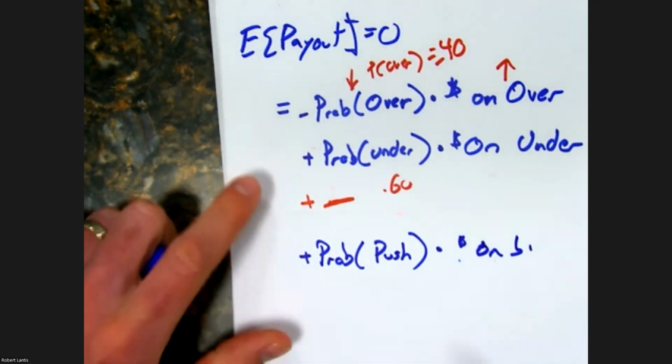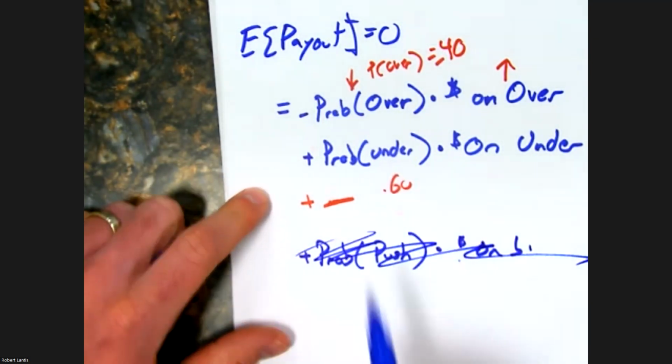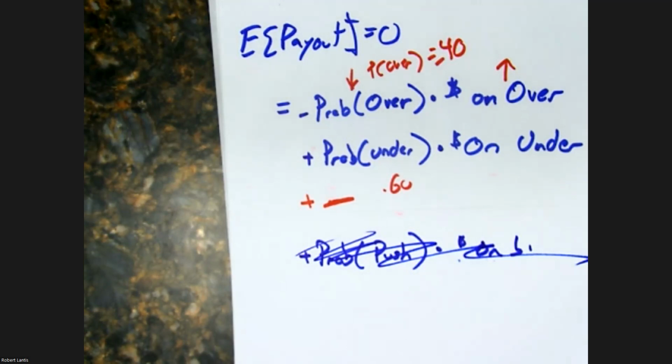So really, all we have to be concerned with is that we balance out the money that's on the over versus the money that's on the under. Now, initially, we try to do that by setting a 50-50 line. If we start to see that not 50% of the money is on either side, we start to move the line so we can try to guarantee that.